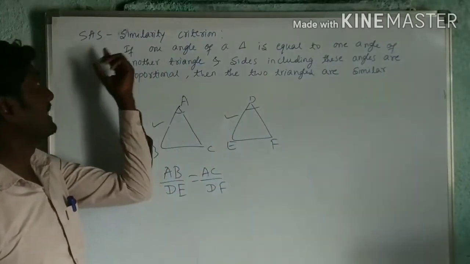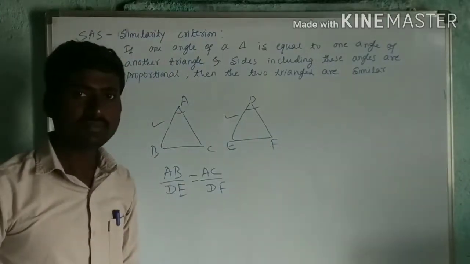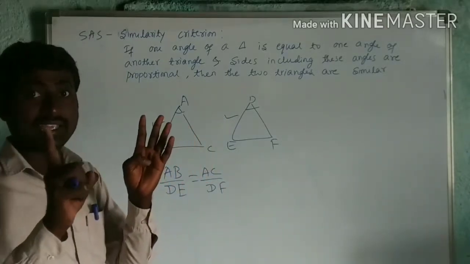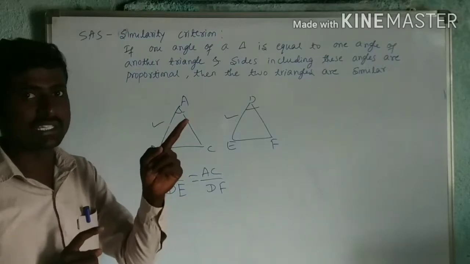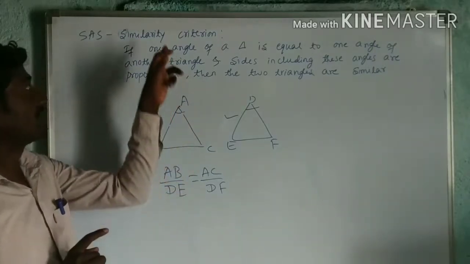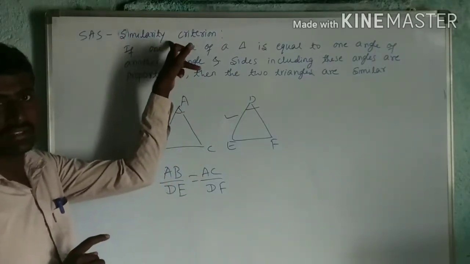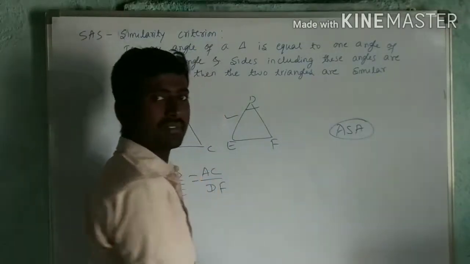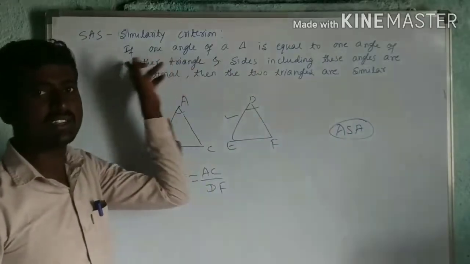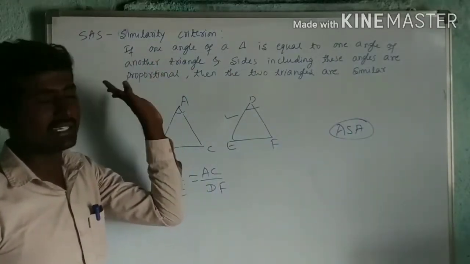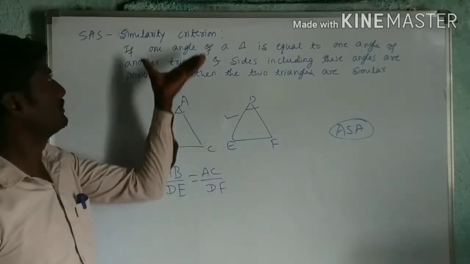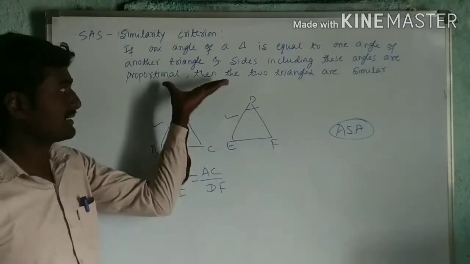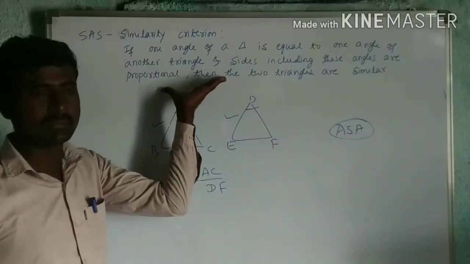Okay. So SAS is also there for congruency. For congruency, AA is not there. AA is there for similarity. For congruency, ASA is also there. So instead of saying ASA, here you can say it as the AA similarity criterion. So you directly write this. No need to take this. You write the statement. You must know the statement here.